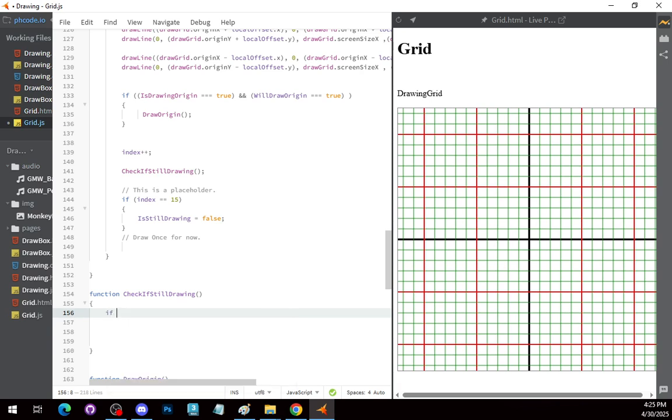Okay, so basically if, so we'll do check